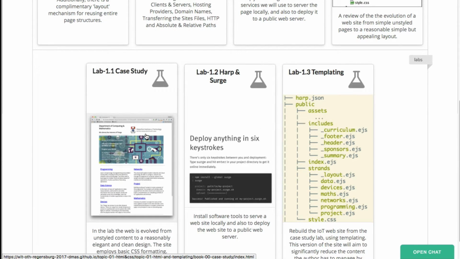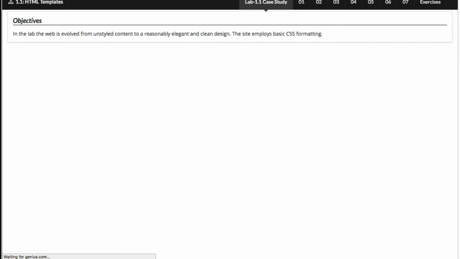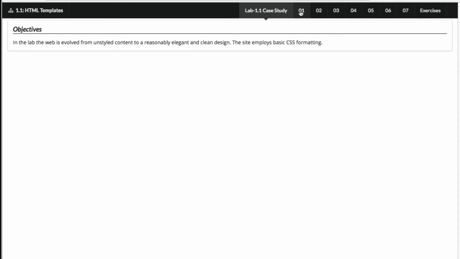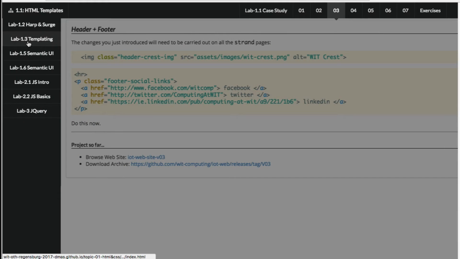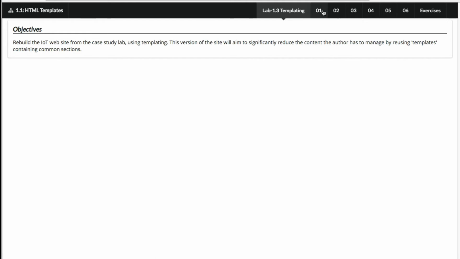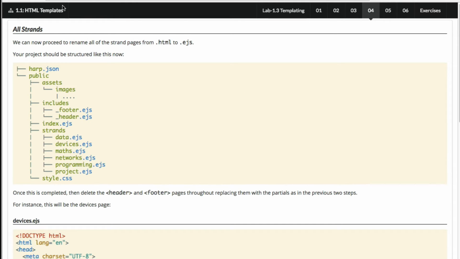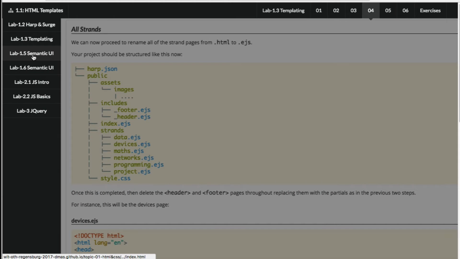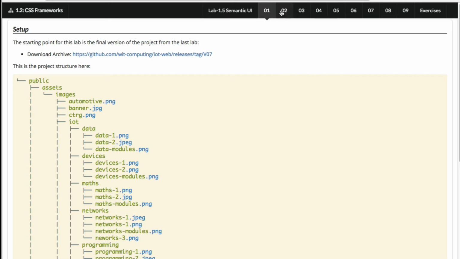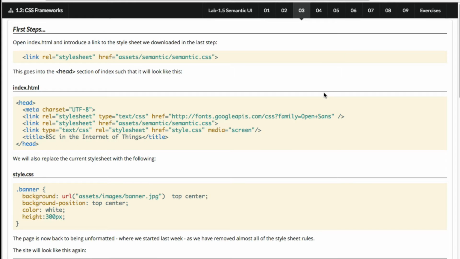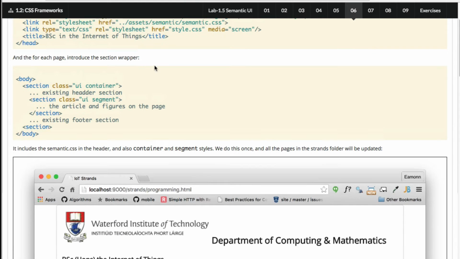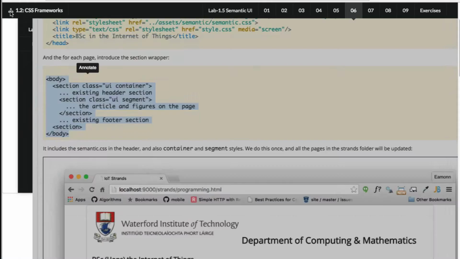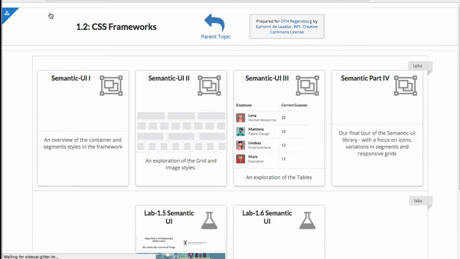These are labs that will take you through the early stages of building a simple website and how to incorporate templating into a website. These are step-by-step instructions, and the other labs will explore how to style a website using modern frameworks. Labs very much expect you to read through the labs, create some projects, copy and paste code into your own editor environments, and explore in detail the overall effect of completing these instructions.